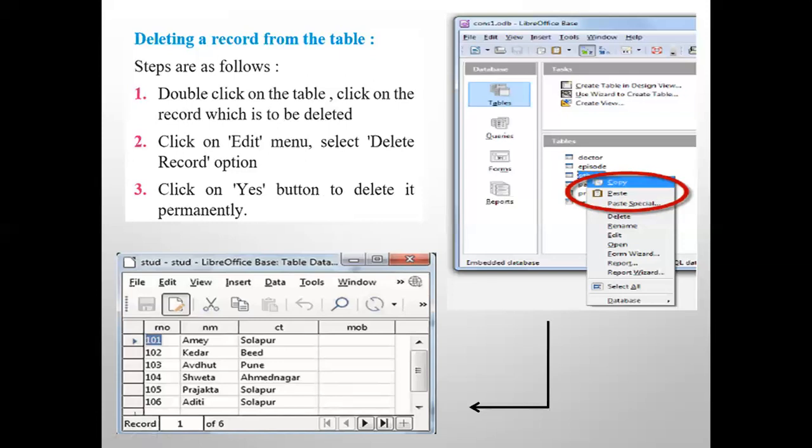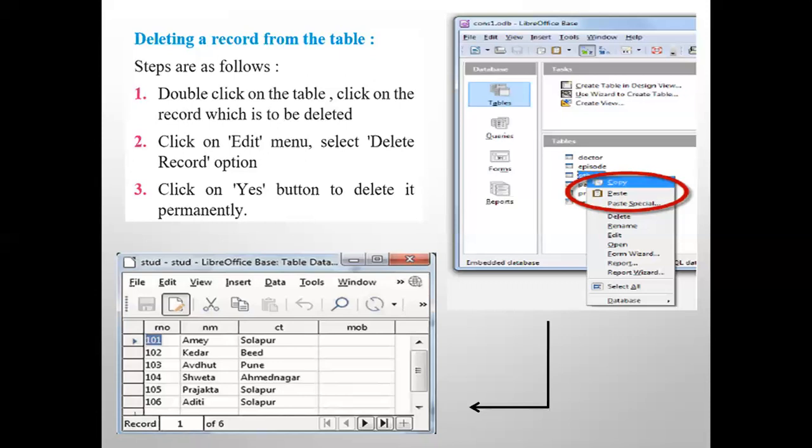So how to create, how to insert records, how to change the data types, define the primary key, how to edit data in the table, and how to delete a record or delete data from the table or delete the whole table. These are the various things we saw. So try all these options yourself in a practical exercise, taking an example by yourself. When you do it yourself, you will understand it better.